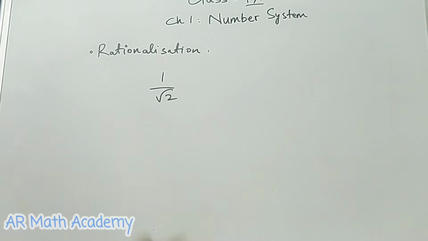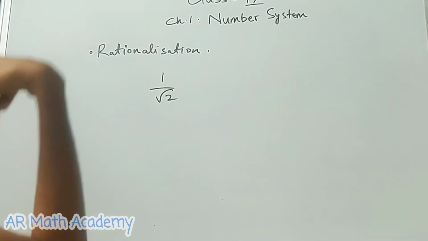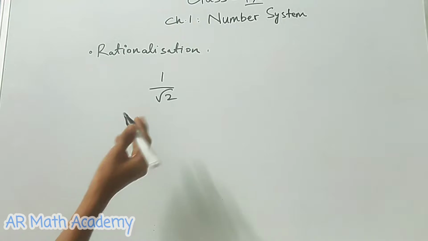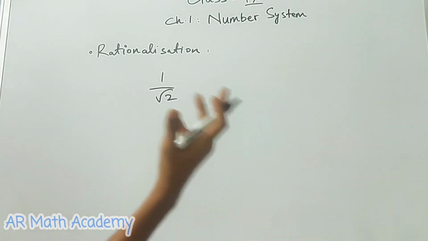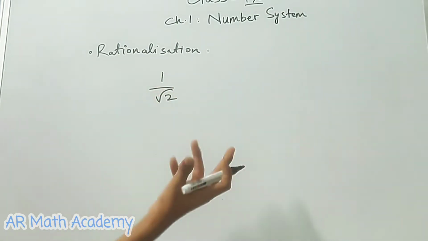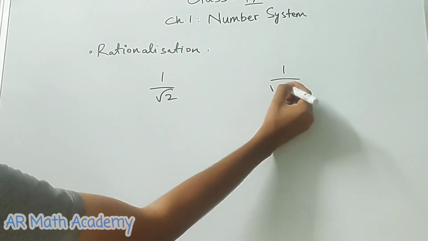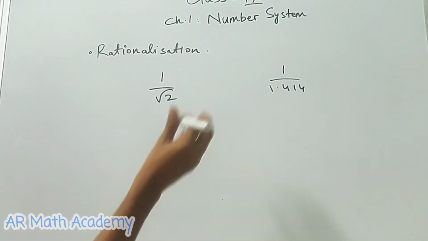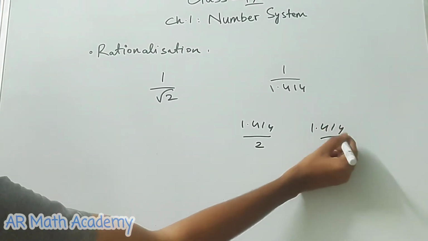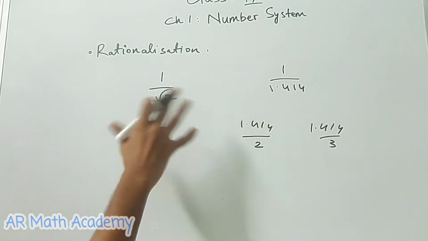So what you do exactly in rationalization is you bring a rational number to the denominator and you move the irrational number to the top, to the numerator. We don't want an irrational number in the denominator because this irrational number has an uncertain value. So when we divide by a number with an uncertain value, we can't get the correct value, right? Like, as I said, 1 divided by 1.414 is a rather complicated case, whereas 1.414 divided by 2 or divided by 3 is easy, right? 1.414 divided by 3, you can divide it and see. But 1 divided by 1.414 is not preferable.